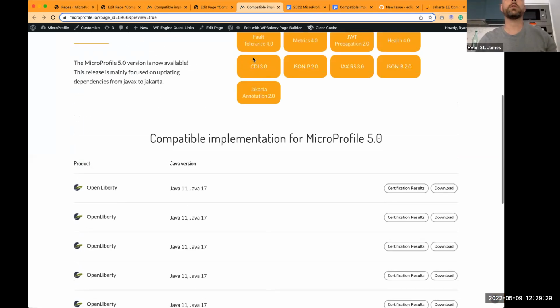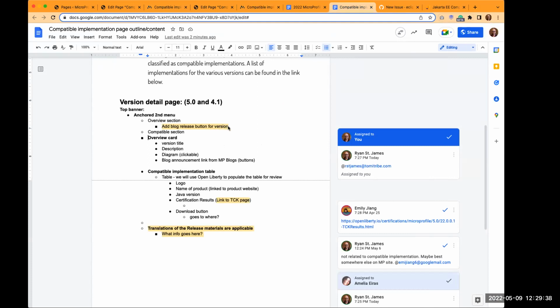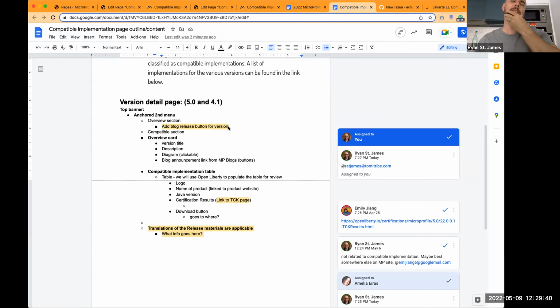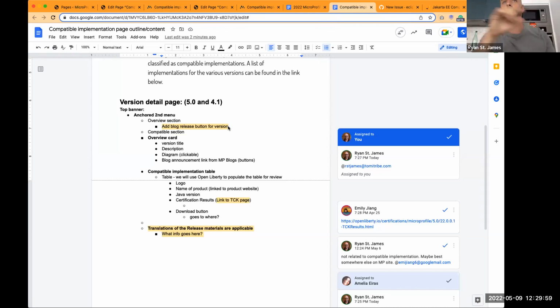So that's pretty much it, other than missing the blog release for this. But if we have a blog release for this, couldn't we just add, if it's only release translations, can't we just do it in English in whatever we have going across there? I'm not sure what you mean. So if the blog release button on the top banner would go,